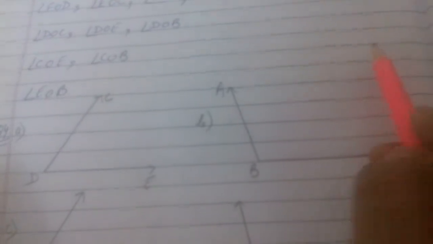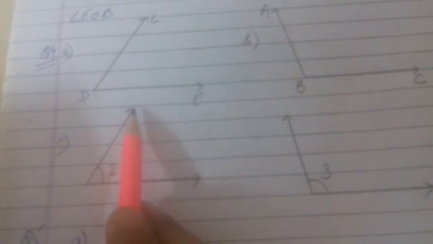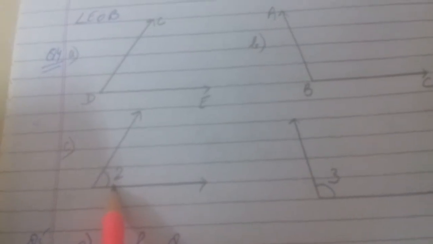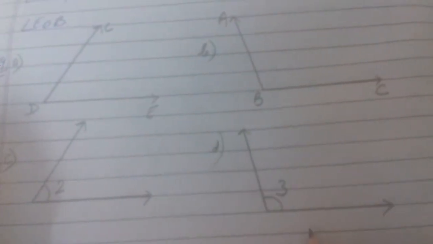Second angle they named ABC. So mark any angle ABC this way. So any shape you can give. You can give a shape of acute angle, right angle, anything you can give. C part, they have given the name as angle 2. So any shape you can draw and write here angle 2. And fourth part is angle 3. So you have to draw it like this.